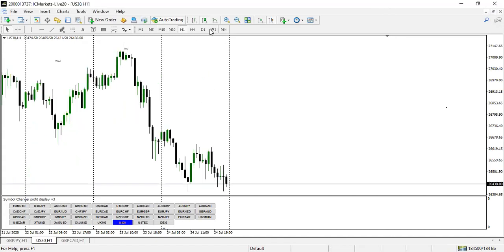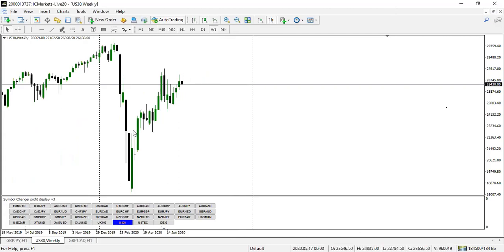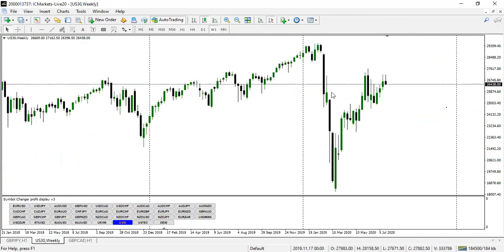USD30, on the weekly time frame. We can see that price is really struggling to go higher. So I'm still expecting this pair to drop more, based on the weekly time frame. Probably this high should be taken out with a spike, before then.